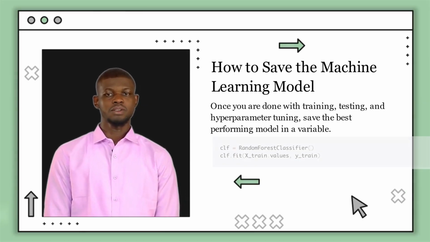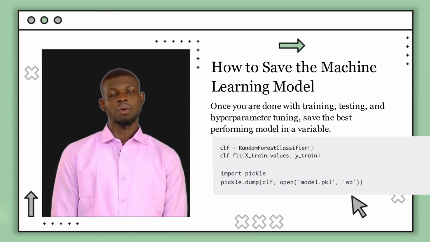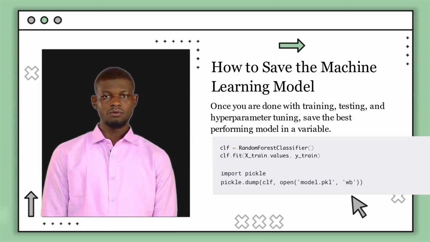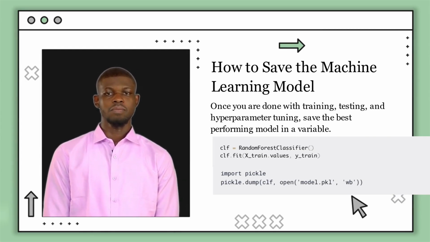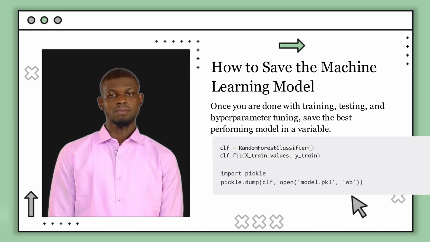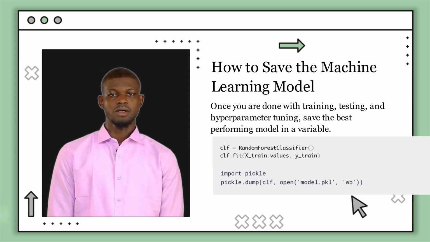How to save the machine learning model. Saving the model is the easiest of all tasks. We will use the Python Pickle library to do this. Now clf has my trained random forest classifier model, which is ready to be saved in a file. For this, I will have to import the Pickle library and save the clf. pickle.dump is a function used for saving models. The first parameter is the model name, that is clf in our case, and the second is another function that